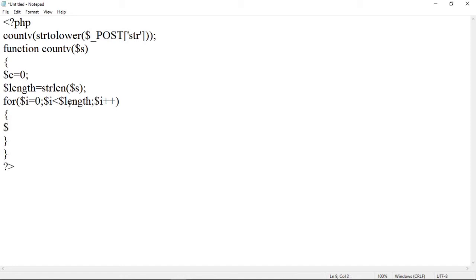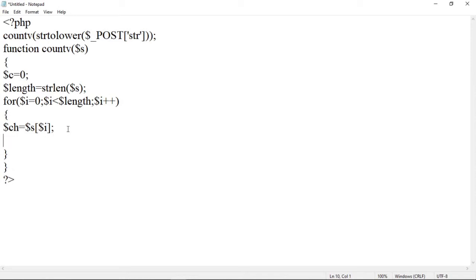To access each and every character, we will create one variable, that is $ch. So $ch is equal to $s in brackets $I. So the ith index value from the string s will be considered as a single character. That is, from this string we have to access each and every character, that is nothing but 0, 1, 2, 3 index value, and that will be stored in the $ch variable.